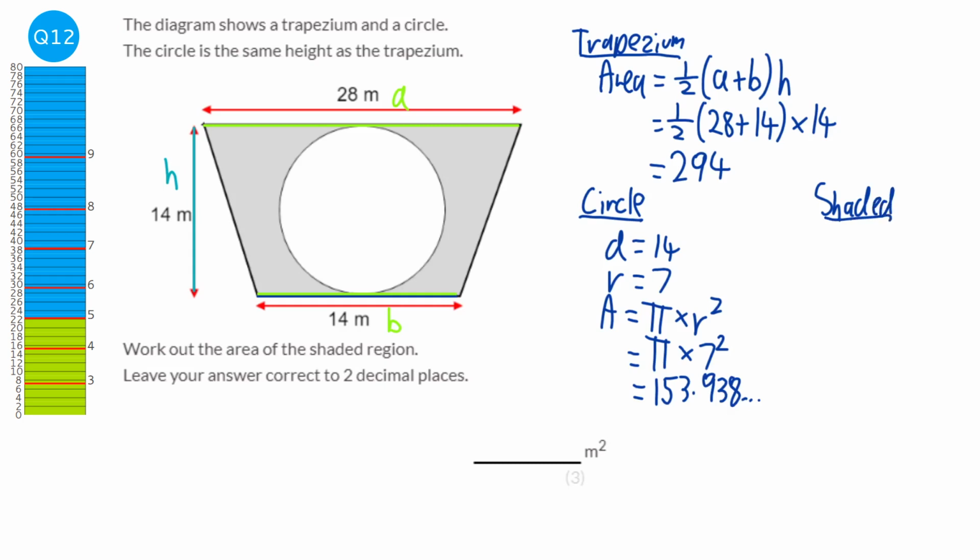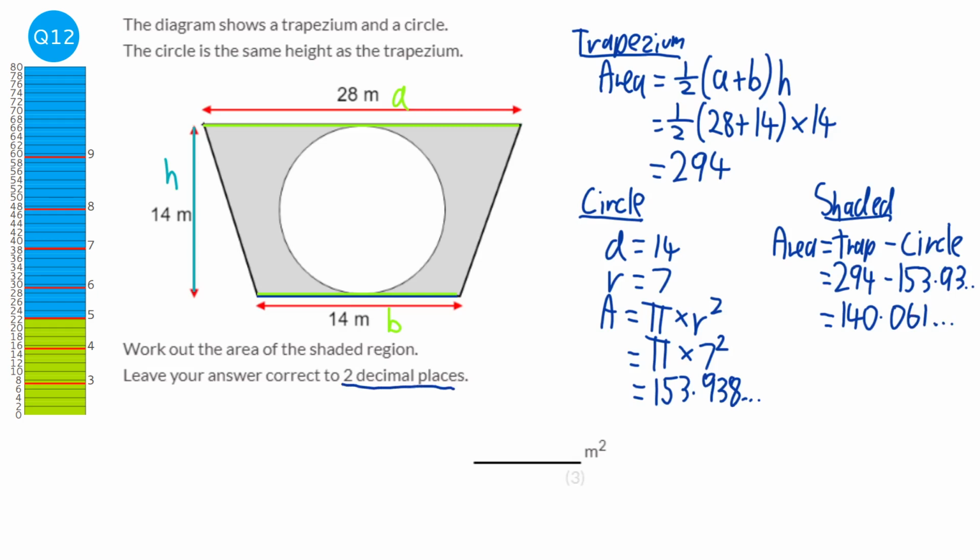Because next thing we'll do is the shaded area part, and it says we want to work out the area of the shaded region. So the area will be the total area, which will be the trapezium, take away the area that we don't want, which is this bit here, which will be the circle. So the trapezium's 294, the circle's 153.93 blah blah blah, and when you do that you get 140.061 blah blah blah. It says it wants it to 2 decimal places, so it would be